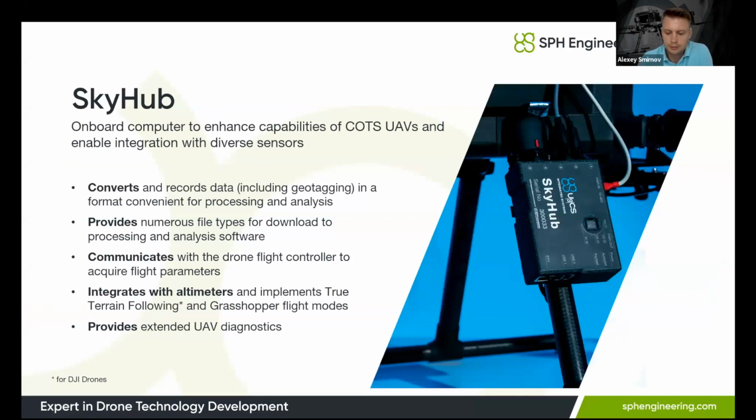And what helps to connect all these sensors to drones, and what allows us to find new applications and to find new sensors to be used with your drone? That's our SkyHub onboard computer. That's our designed and manufactured onboard computer, which enables us to integrate information from different sensors, to communicate with the drone